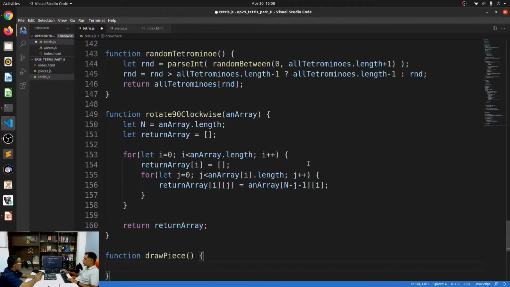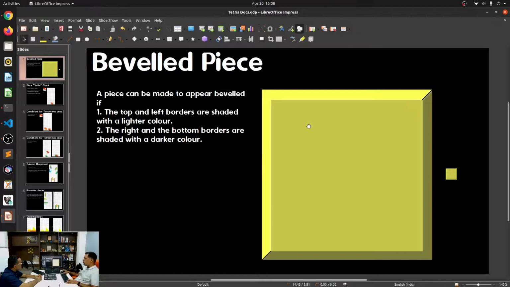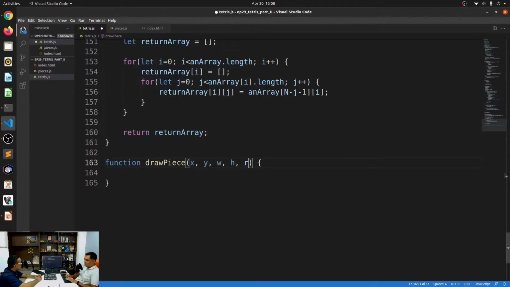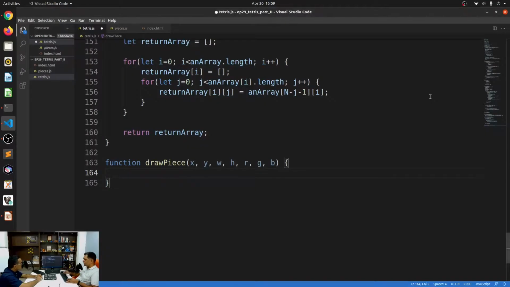Now this draw piece, I will need to draw at a very specific location. So I will take those as parameters: x, y, width, and height. I also need to take in a color, and then make it lighter as well as darker. To make my life simpler, I'm just going to say RGB, meaning I get all of the colors along with it. If this is the piece that I need to draw, I first need to draw this line and this line, so it's from x, y to x plus width, height.